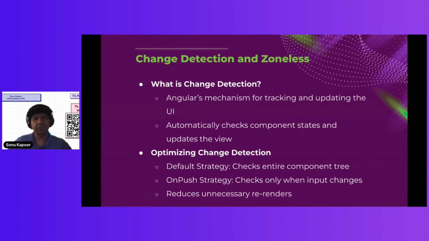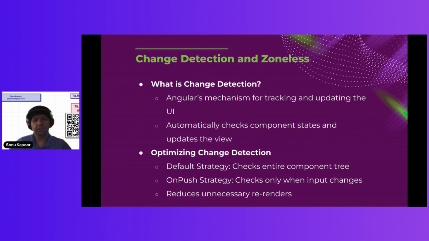To optimize this process, Angular offers the on-push change detection strategy. This strategy only checks a component and its children when one of its input properties changes. And as a result, this reduces the number of times Angular needs to re-render components, which will boost your performance,